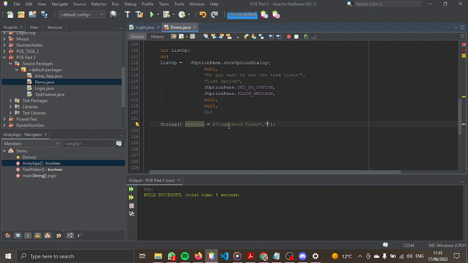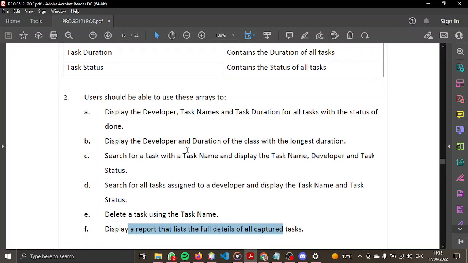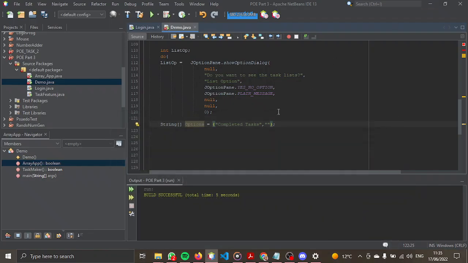We're just going to make it one line, that will be fine. Okay, so completed task. The next one will be developer duration, like the longest duration. So I'm going to put longest task,